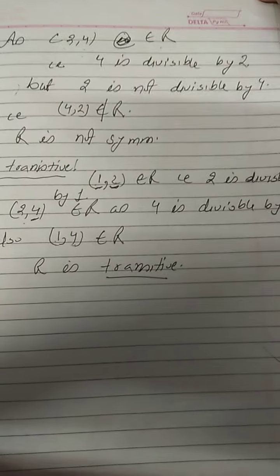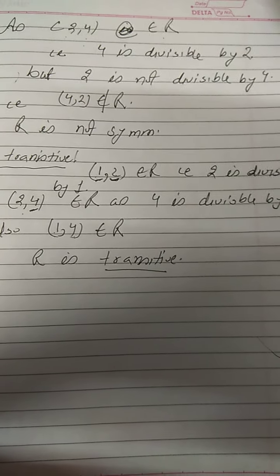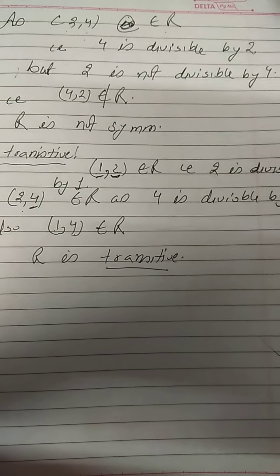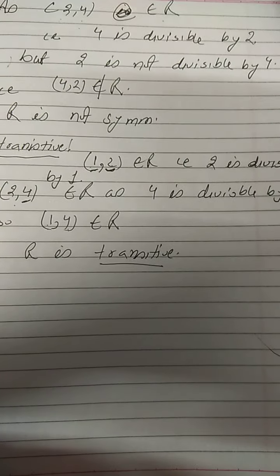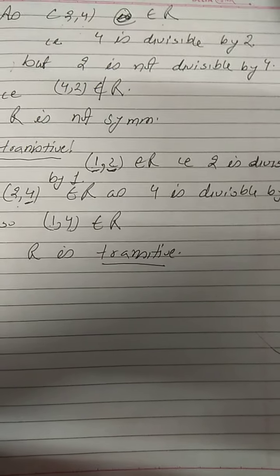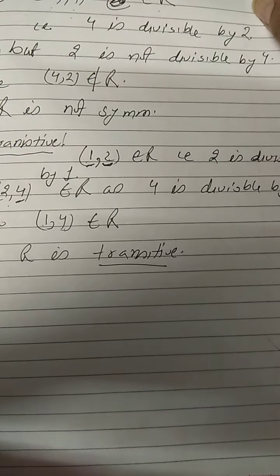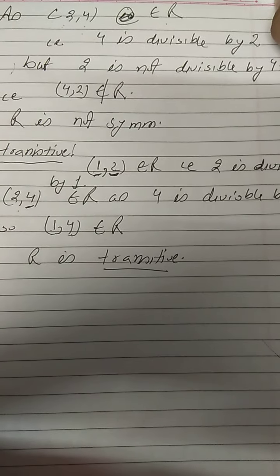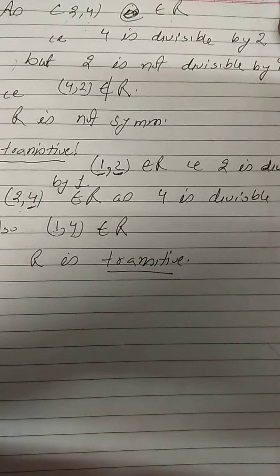I hope you know, right? 2 minus 4 is an integer, 4 minus 2 is also an integer. X minus x, 0, that is an integer. Next, if 2 minus 4 is an integer and 4 minus 8 is an integer, then 2 minus 8 will also be true. You can give examples, you can prove them easily. So sum number 1, the remaining parts are homework.